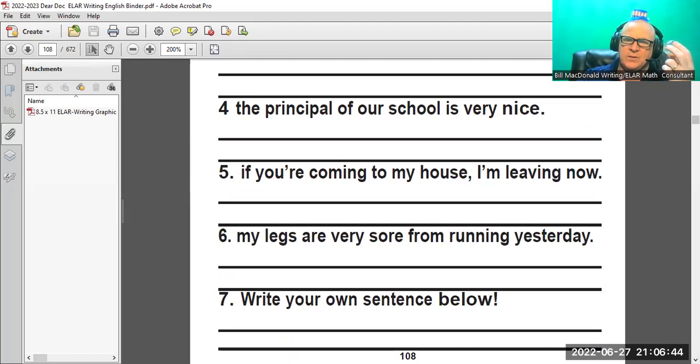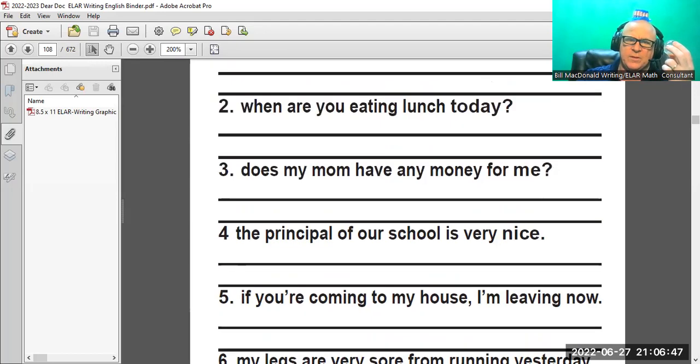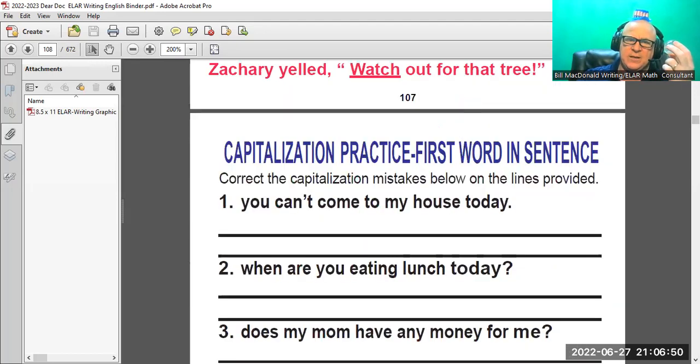I want you to notice something else that's important about the first word in a sentence, and you can say this to the kids. Don't just pay attention that you slow down and push shift to change the size.